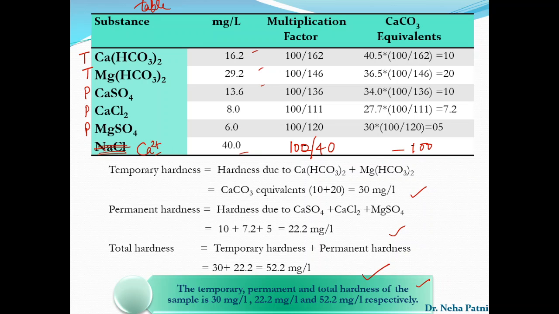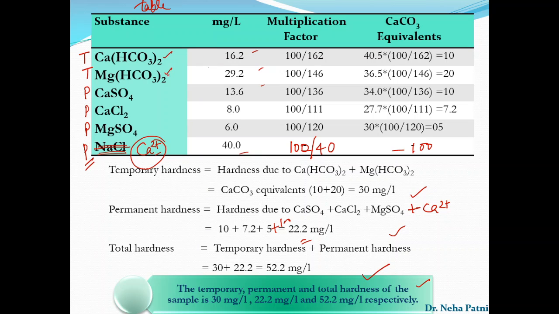Now tell me, what are you going to do? Which hardness is it going to give to the water, temporary or permanent? So you have to calculate it in the permanent. You have to add it here only in order to get the permanent hardness, and you have to calculate accordingly. Can you tell me why? Just think a little bit why these ions are responsible for permanent hardness. Because if you remember, in the temporary hardness, I told you that whenever you boil the water, they get converted to their respective stable form, which is a precipitate. This gets converted to its precipitate like this, right? So they have a tendency to convert to their precipitate of the stable form.